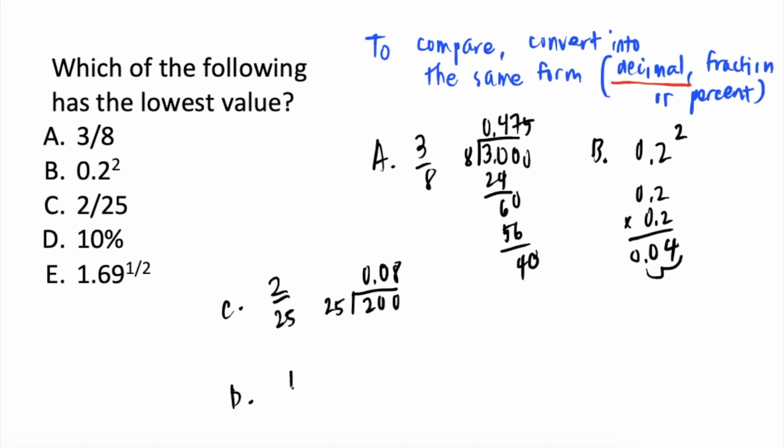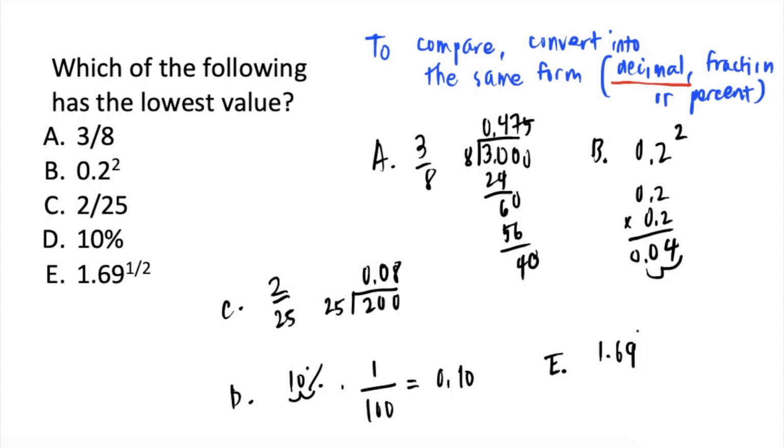Letter D, 10%. Okay, so when we convert from percent form to decimal form, i-divide lang natin ito by 100. Or, yung shortcut dito is to move the decimal place 2 units to your left. 10% is equal to 0.10. Letter E,